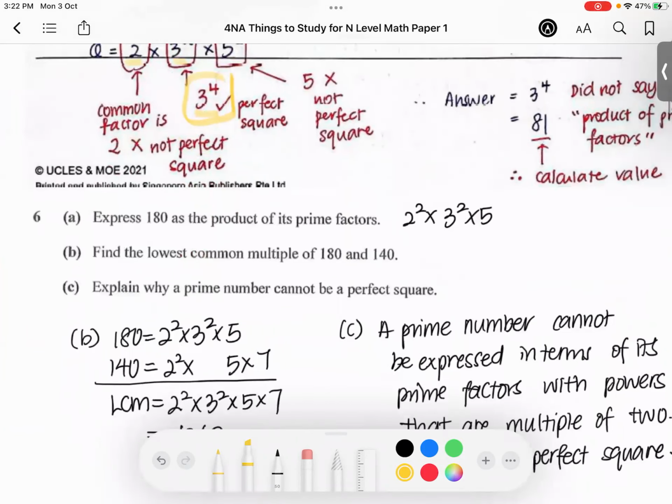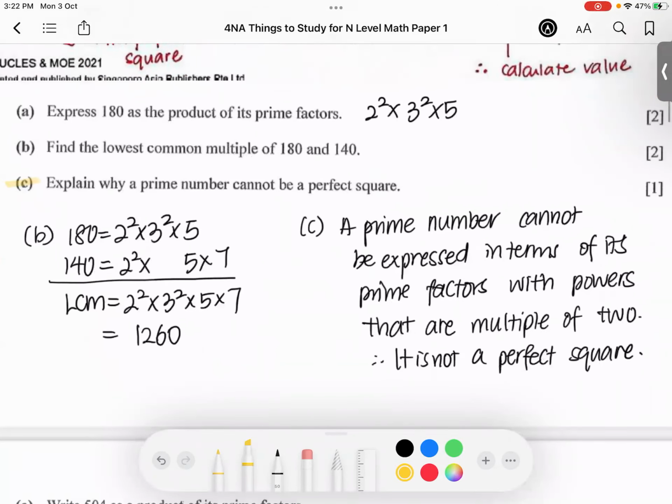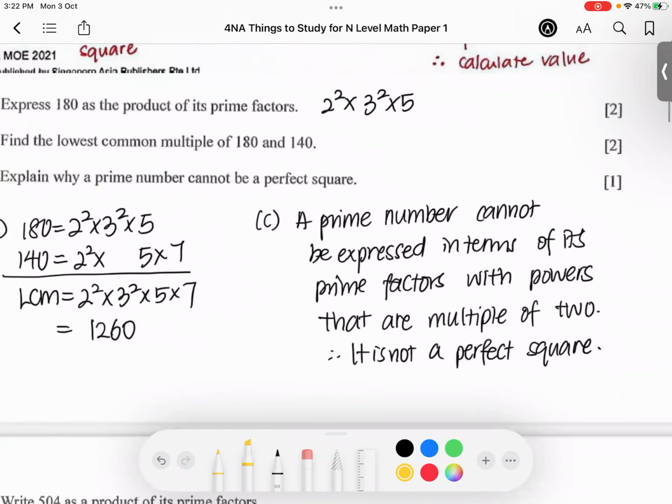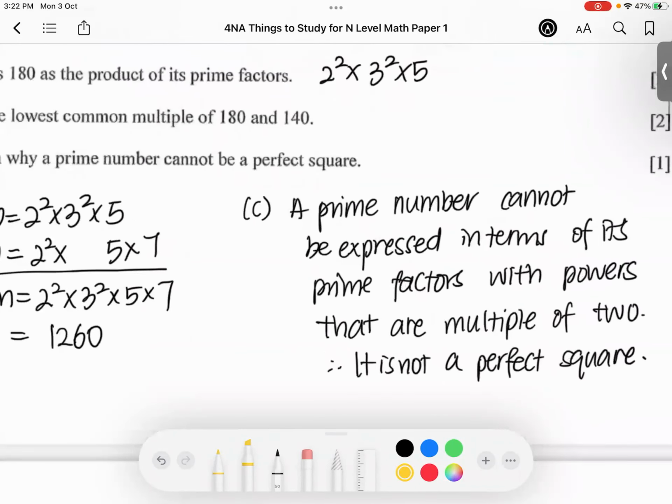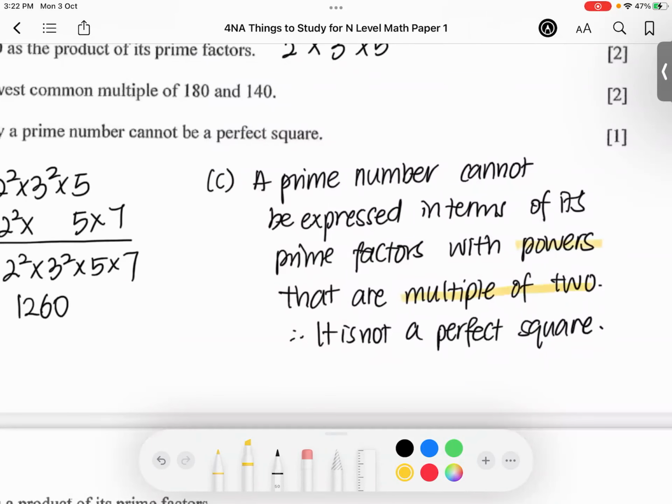Next question. Now, this question is just to highlight part C. Do you know how to explain whether it's a prime number, or is it a perfect square or not a perfect square? So those of you who have my formula sheet, the definition is written over there. A perfect square is a number that can be expressed in terms of its prime factors with powers that are multiple of 2. But of course, a prime number itself does not have more than 2 factors. So prime numbers only can have,